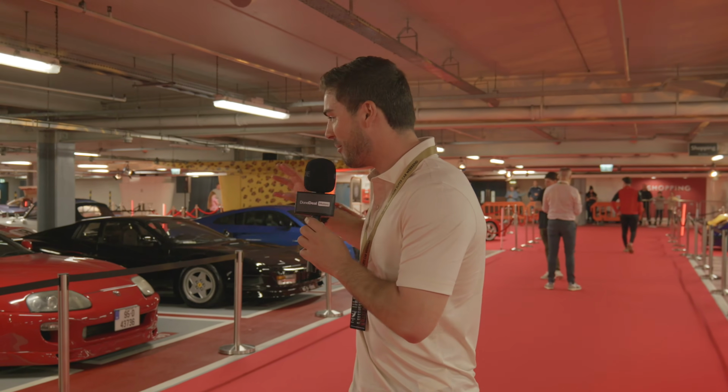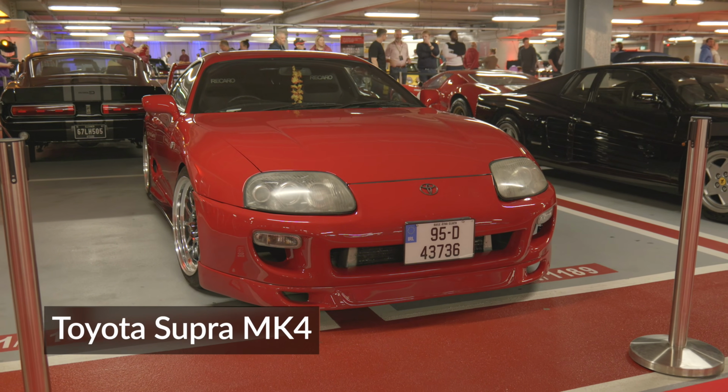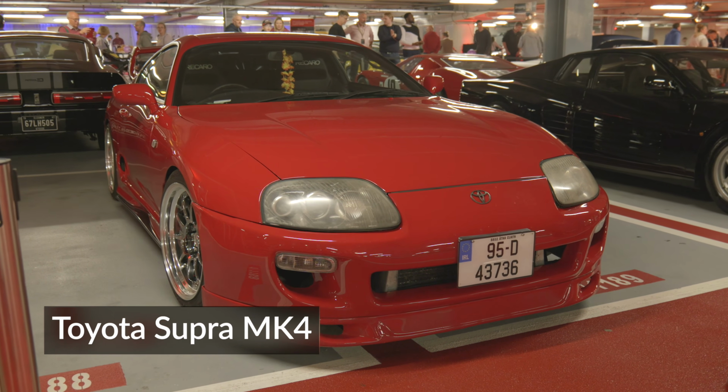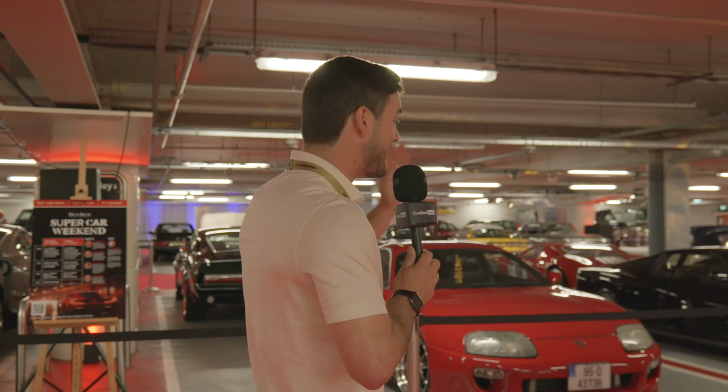Now as we make our way back to the front row, so there's about 6 or 7 rows here, we've got this lovely Mark IV Supra. Any Japanese car enthusiast is probably going to spend a bit of time looking at this, and actually the Japanese cars get quite crazy in a moment. Next to it,